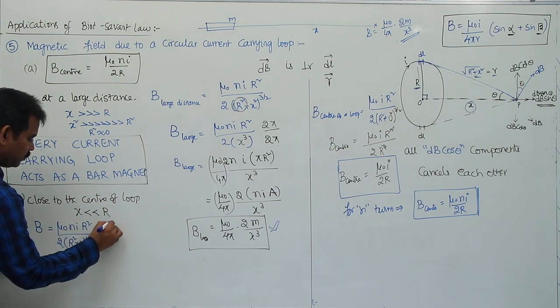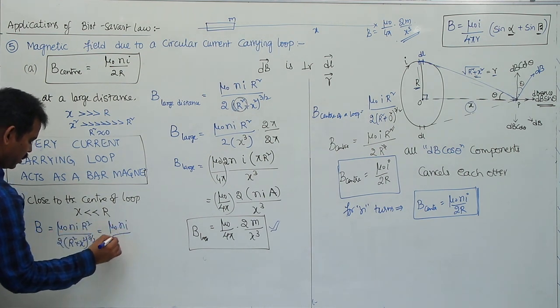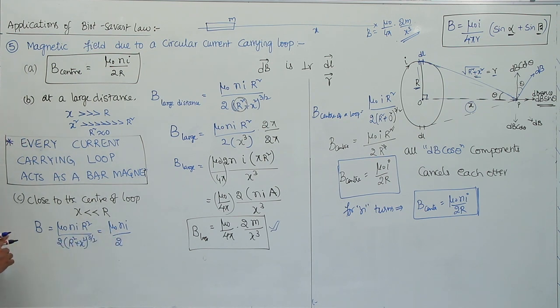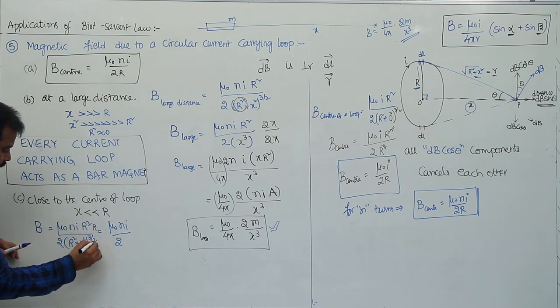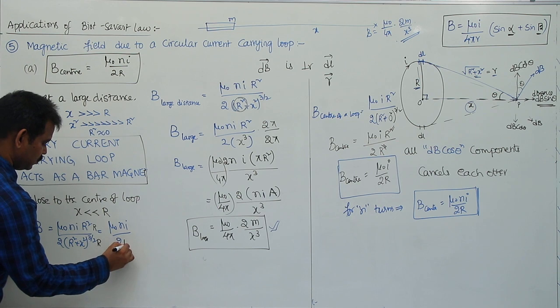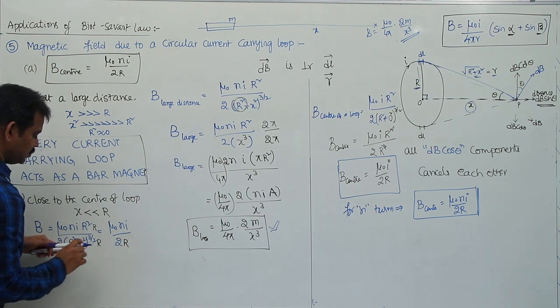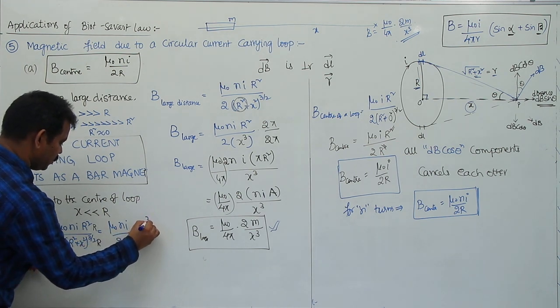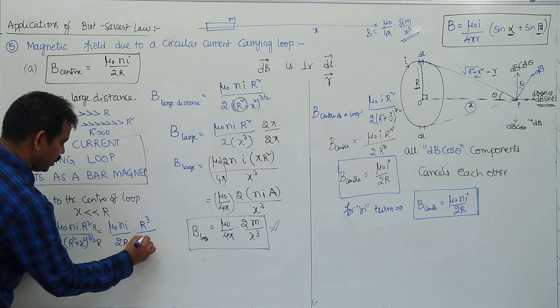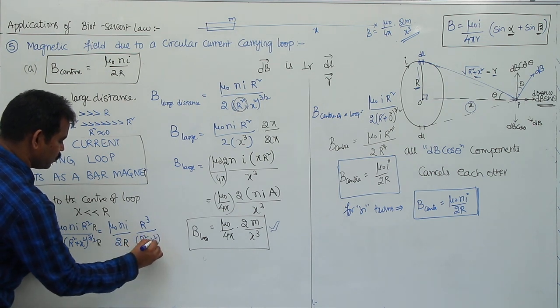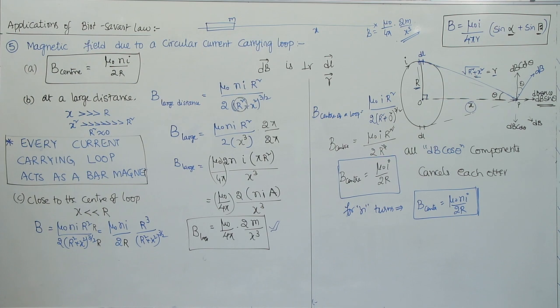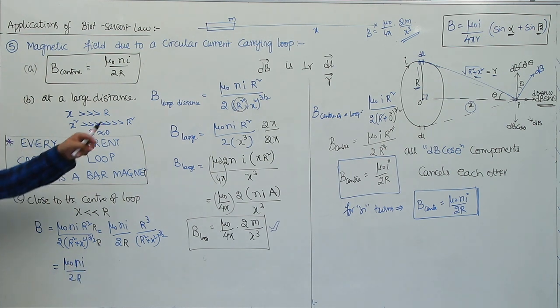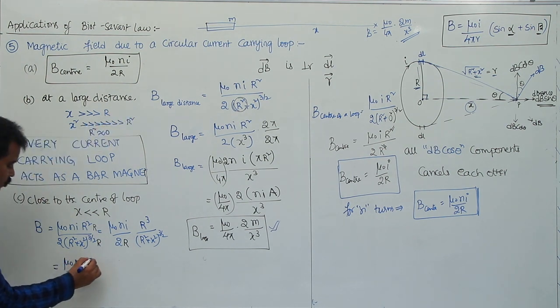So you can write mu naught n I by 2, multiply this with r and divide with r, and you get mu naught n I r cube by (r square plus x square) whole power 3 by 2. Now this can also be written as mu naught n I by 2r, the magnitude at the center of the circular loop, into